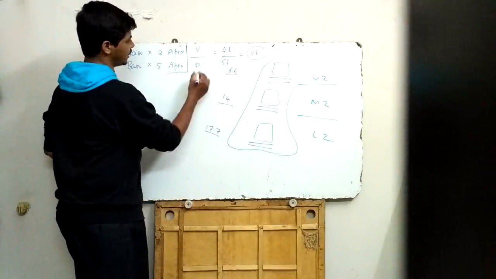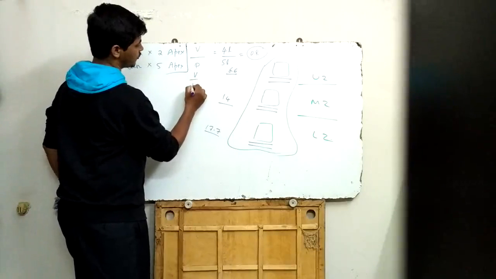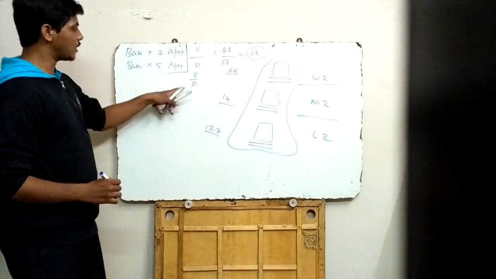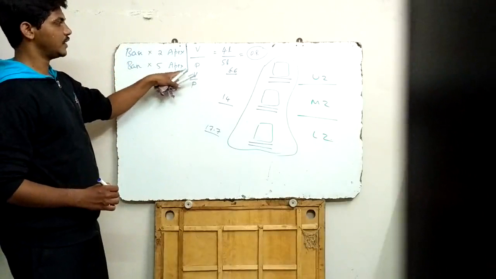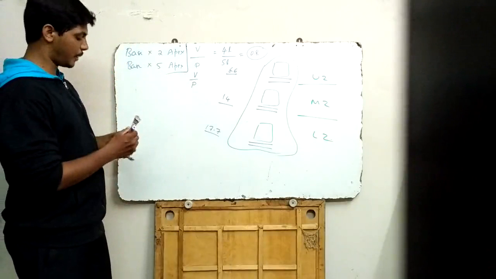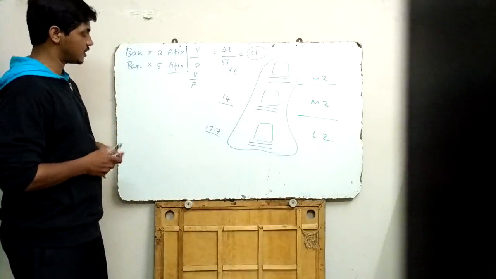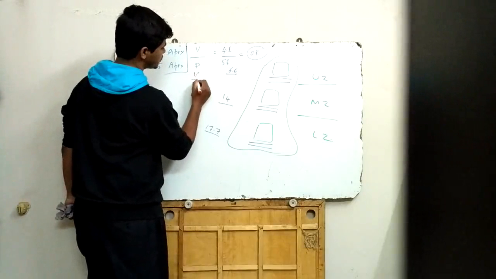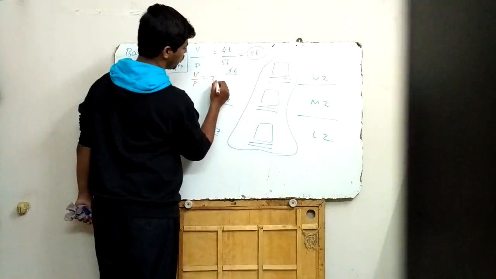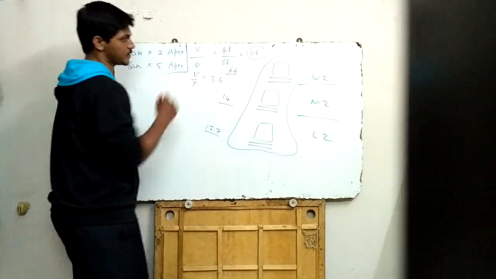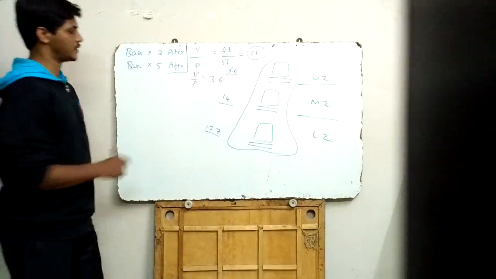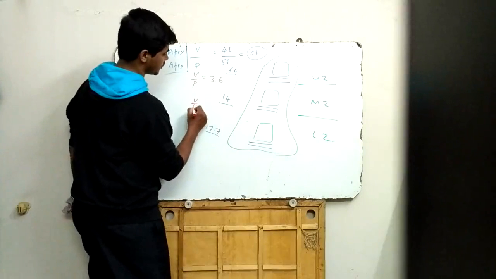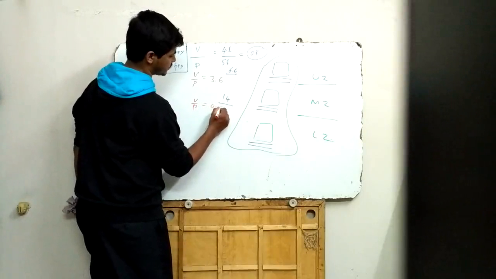So now here, what is happening to the ventilation and perfusion? Compared to the perfusion, the ventilation is more. As a result, the ventilation perfusion ratio will increase and go up to 3.6. At the apex, the ventilation perfusion ratio is 3.6. Here, the ventilation perfusion ratio will be 0.8, as we discussed earlier.